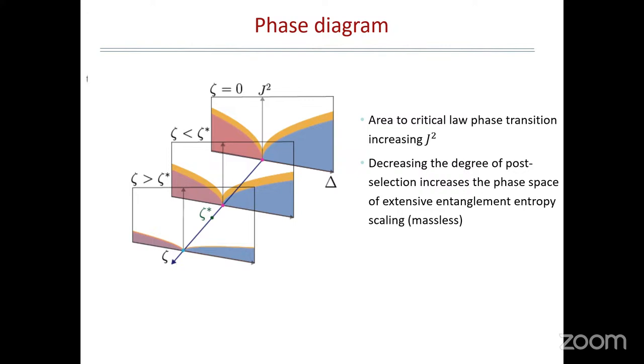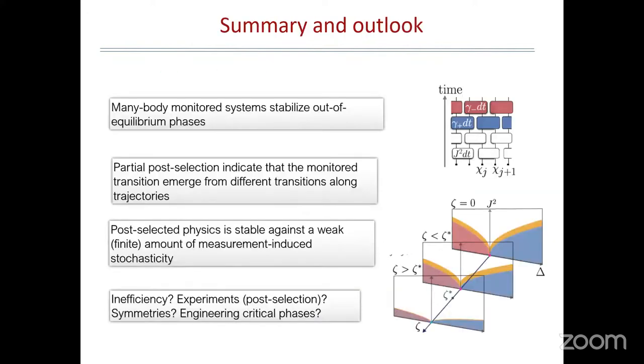The important point is the presence of this psi star. For values of psi smaller than that, you have a yellow phase, which is a logarithmic phase, which doesn't exist in the full system. And you also have that the criticality of the bottom line is the easy one. And with this, I conclude. Thanks.